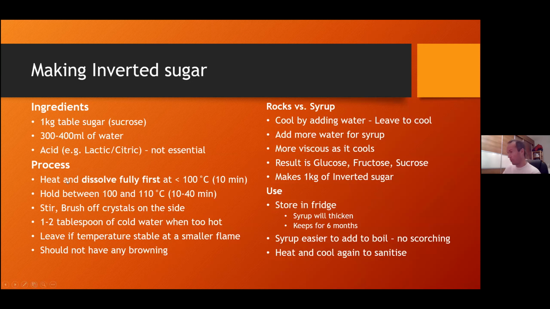If you add acid, it just happens faster. Dissolve it first. If it's not fully dissolved before you hit boiling point, you're actually going to have crystals, and you're not going to actually have the reaction happen as you want. This happened to me once, and I actually stopped the whole thing, had to cool it down, add some water. So literally add to like 80 degrees, stir until it's all fully dissolved. It's actually really weird how a kilogram of sugar dissolves into 400 milliliters of water, but when it's warm, you'll notice it just does. Stir. Brush off the crystals, like I was saying.